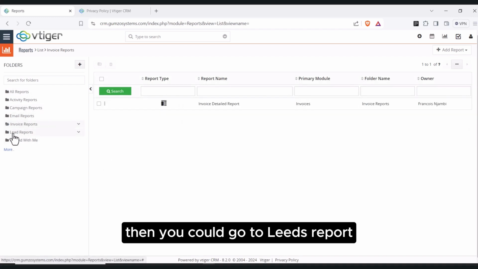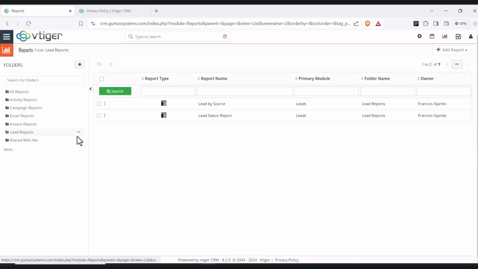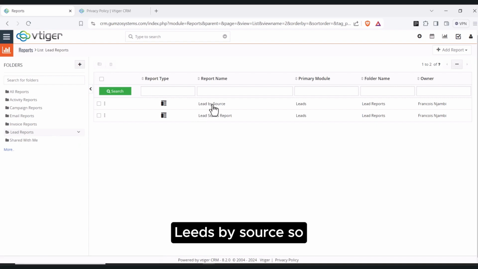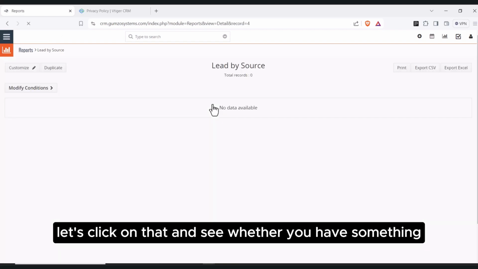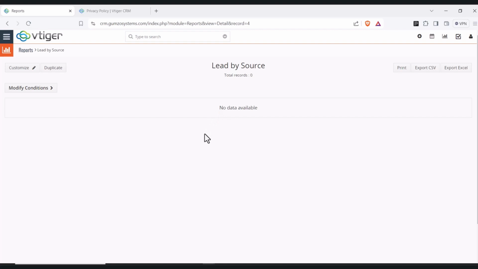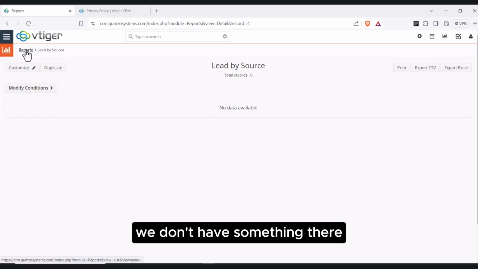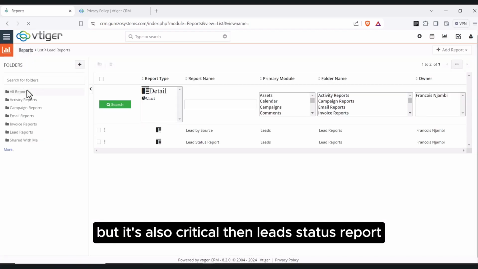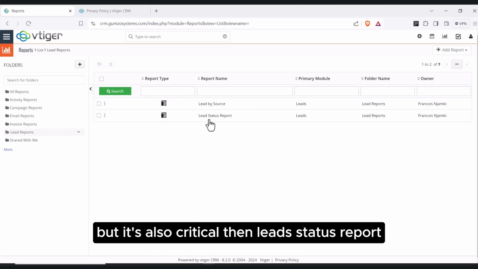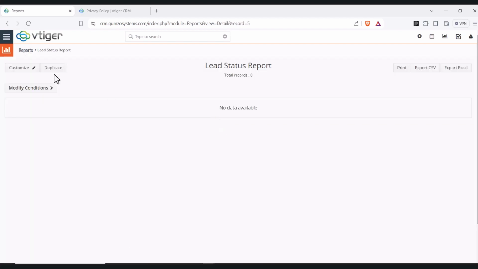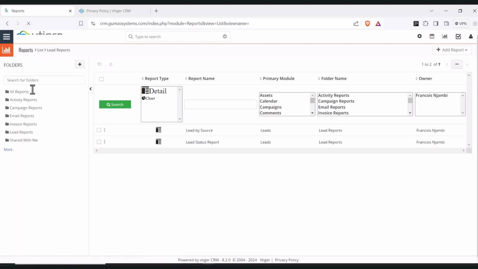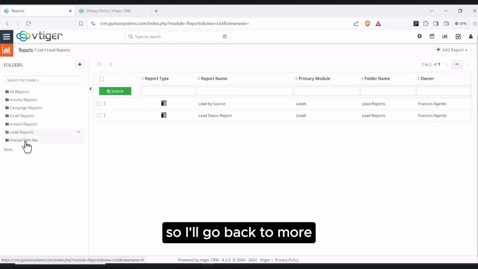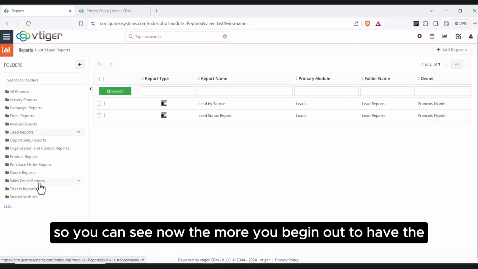Then you could go to leads report, leads by source. So let's click on that and see whether we have something. We don't have something there, but it's also cool. Then leads status report. So we don't have anything there. Go back to more, so you can see now